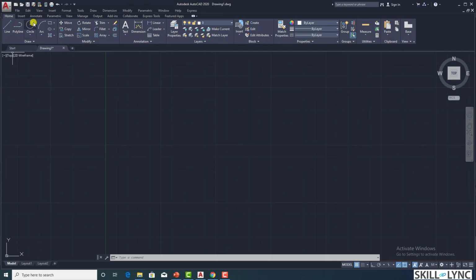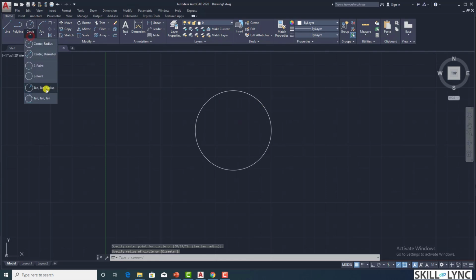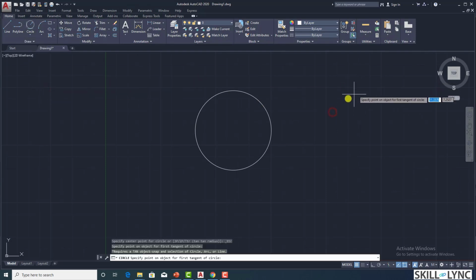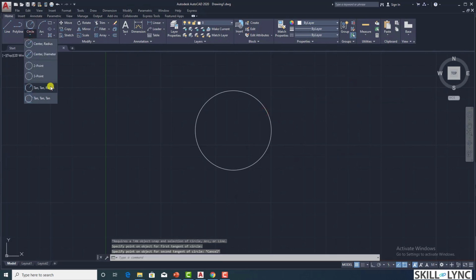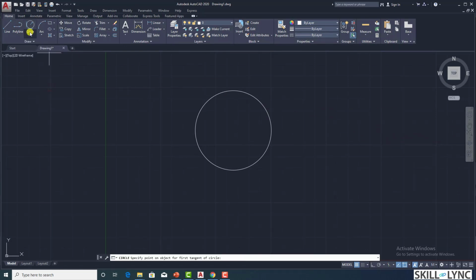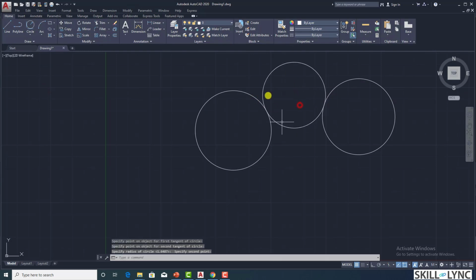For example, we were seeing the circle command. Normally, if we want to do it, I have to click on the circle command, then it will ask for a sequence of different points and so on. So for example, if we want to take this option, then I have to manually specify and then select it. Oh sorry, I have taken a different object, so let me draw one more circle to demonstrate it. So it's a tan tan radius, so I'll select the first and second object and specify the radius of it.